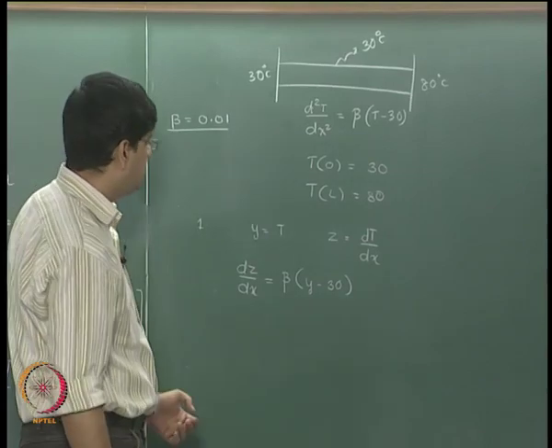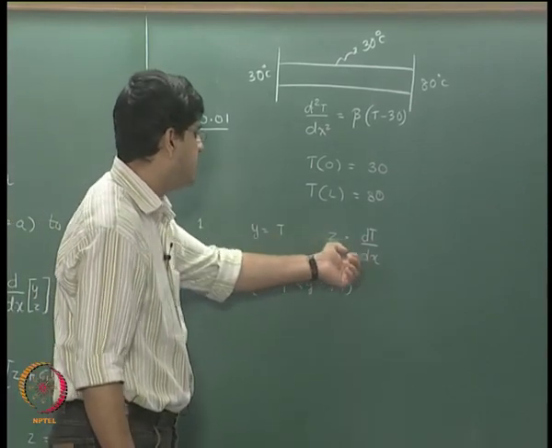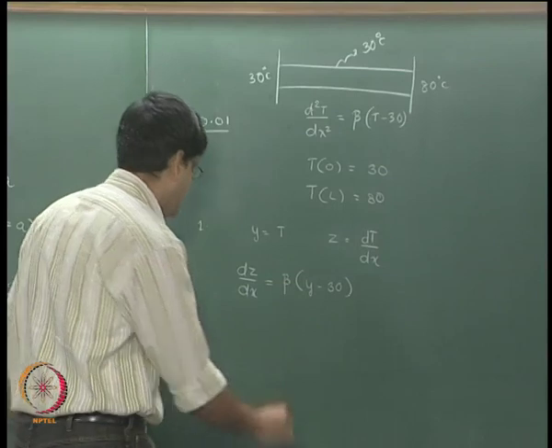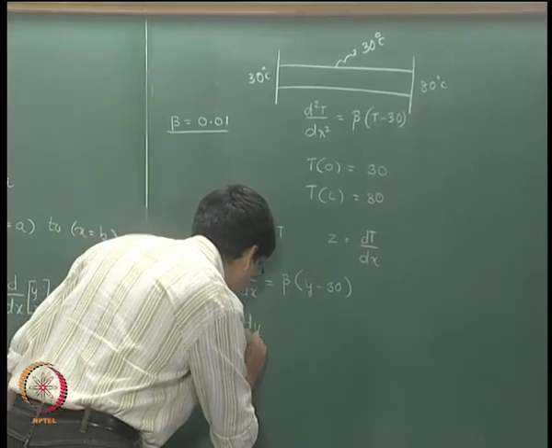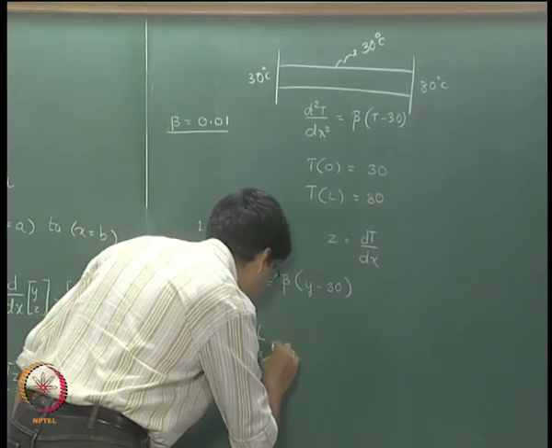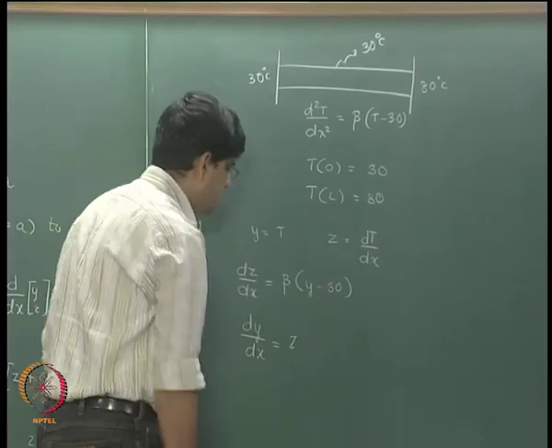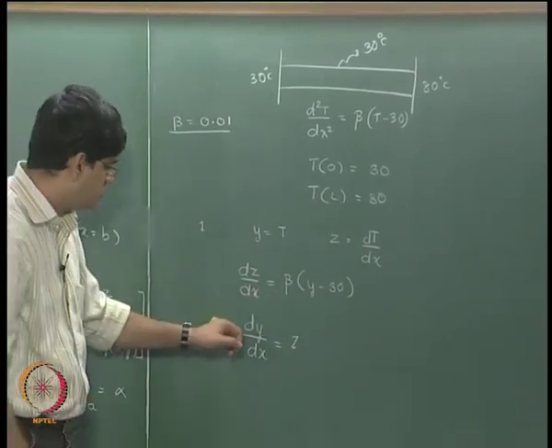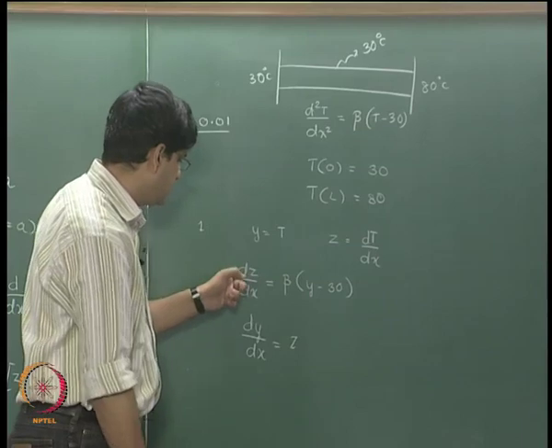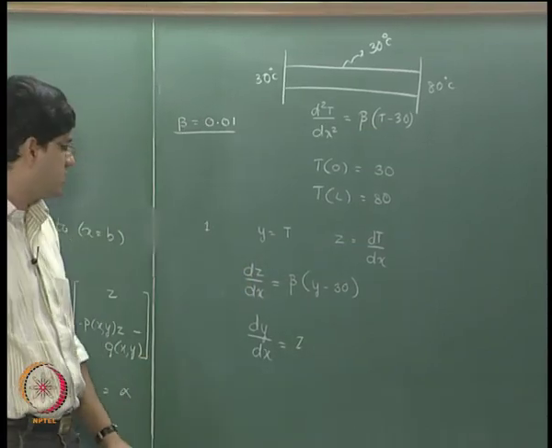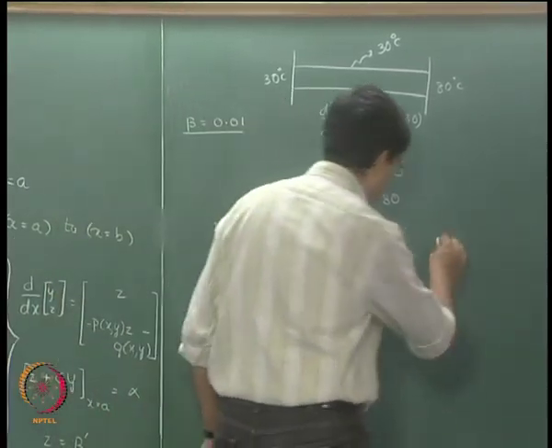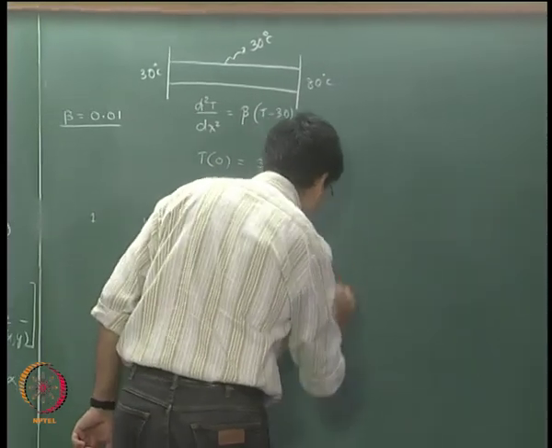The second equation is nothing but z is dy by dx, or dy by dx is equal to z. So this is equation number 1, this is equation number 2, and subject to the initial conditions,